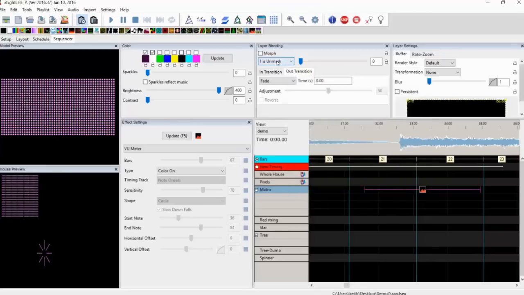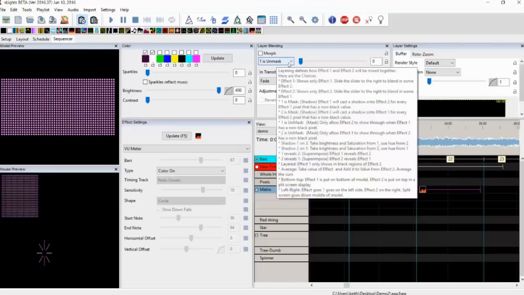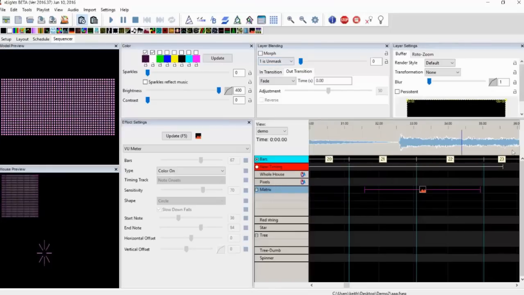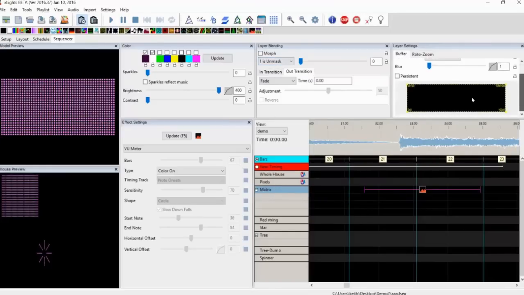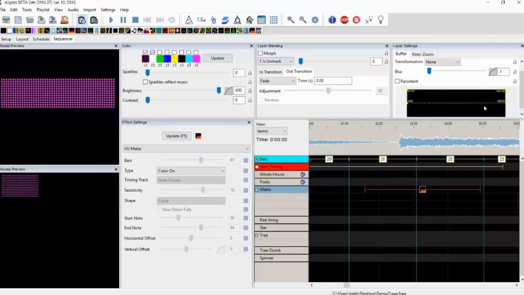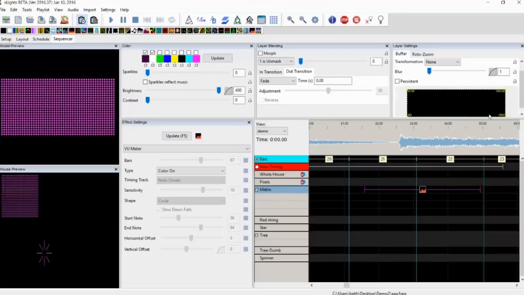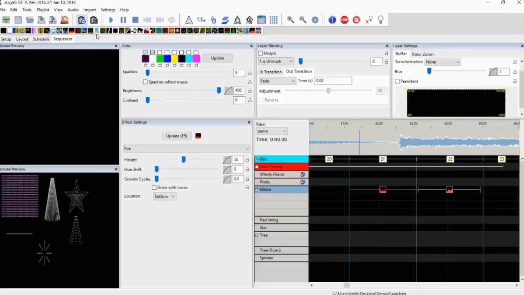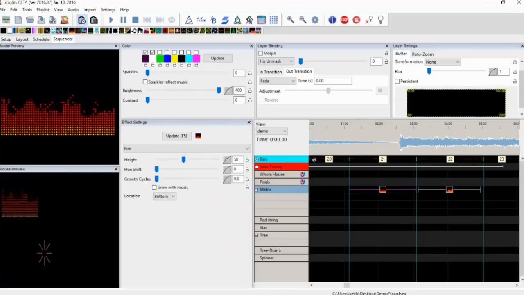I strongly suggest you play with them, because it's only when you play with them that you start to get a feel for what they can do. We talked about changing the buffer and restricting effects to being part of a model rather than all of a model. This also lets you do things like say on this model I wanted a fire and